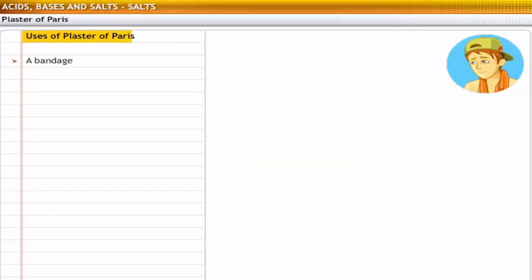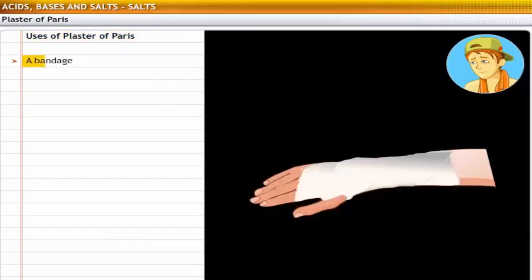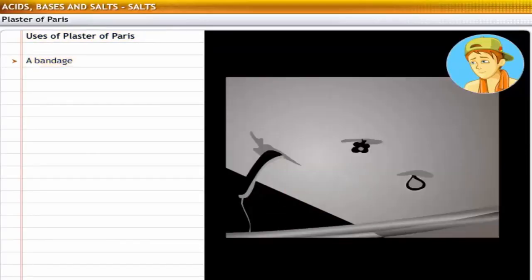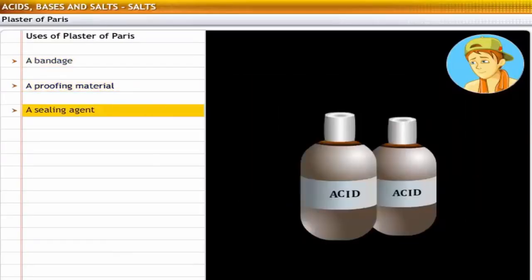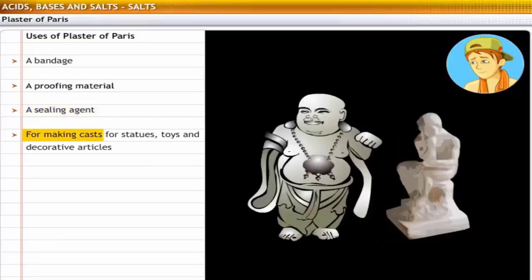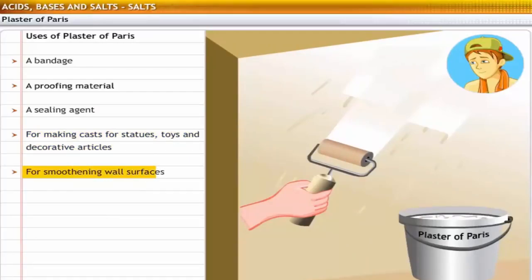Some of the uses of plaster of Paris are: for setting fractures, since it hardens when mixed with water and sets in a short time; as a fire and waterproofing material; as a sealing agent in the laboratory for sealing air gaps in apparatus where airtight arrangement is required; for making casts for statues, toys, and decorative articles; for smoothing wall surfaces;